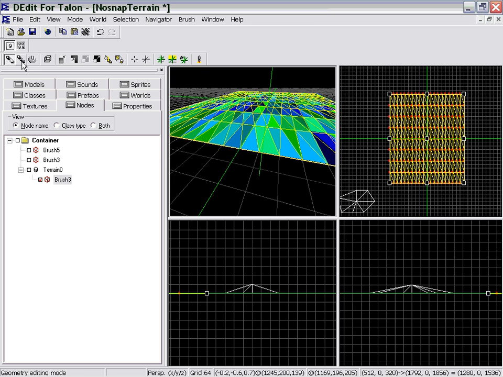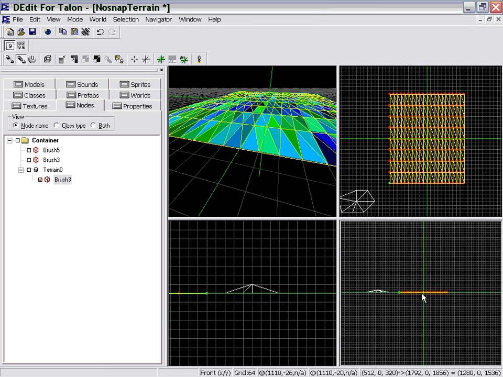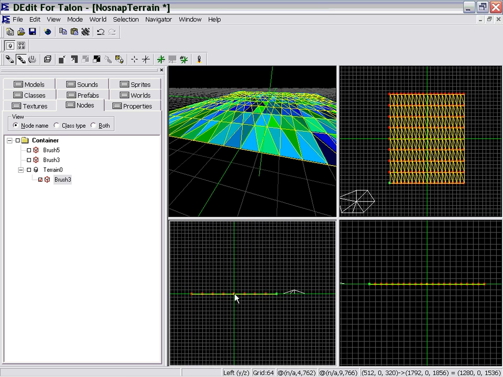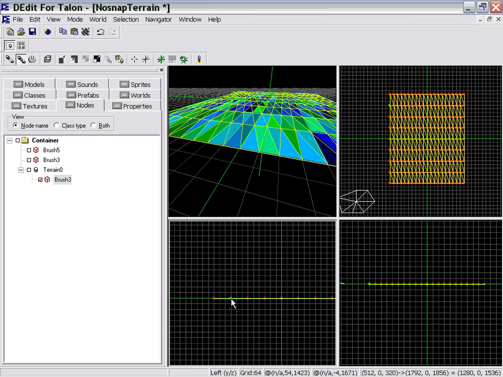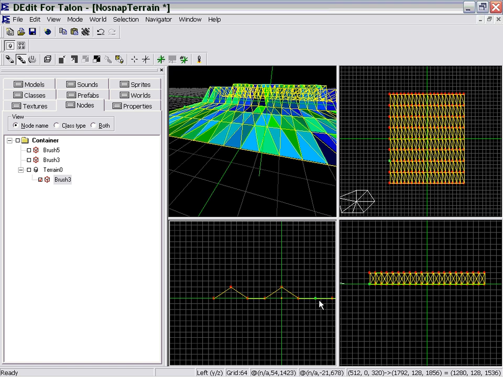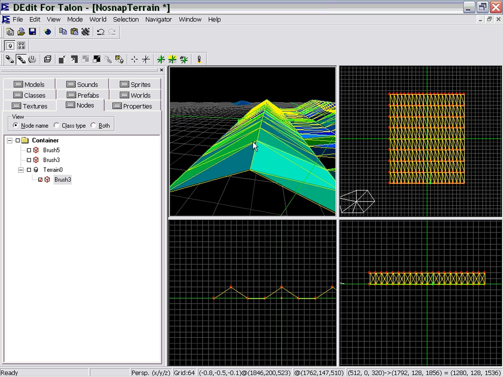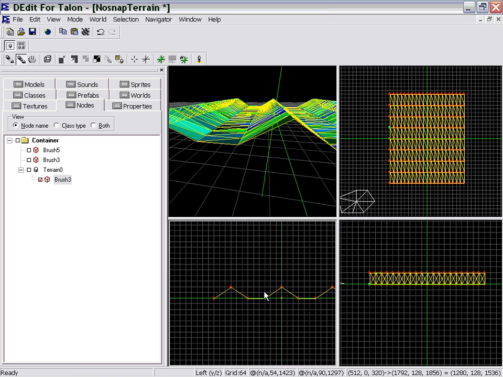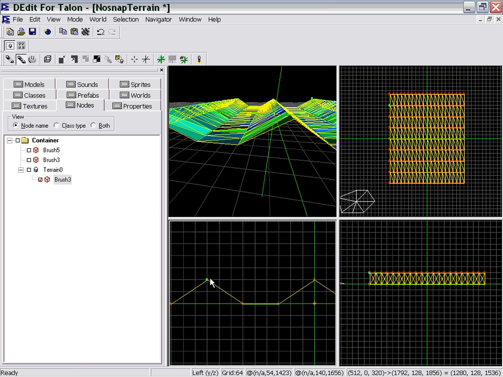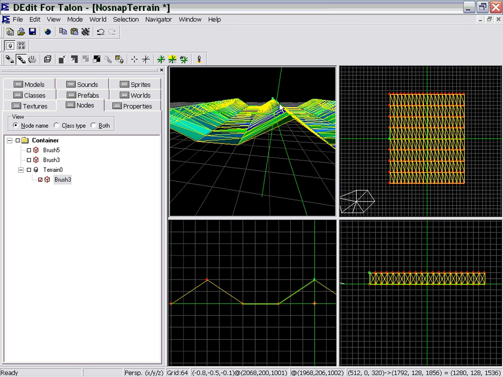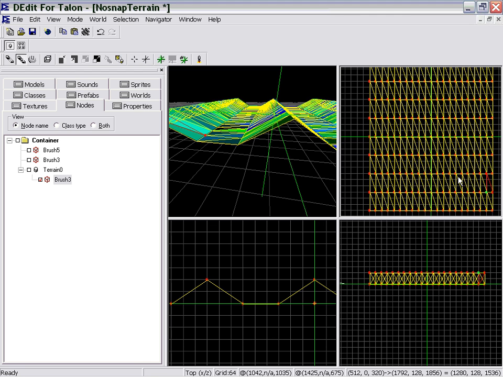After that, go ahead and hit geometry mode. And you have all these points you can view from the side. And you're going to move individual points up and down to make your terrain. Now you can see it looks kind of like that. If you have trouble viewing the points, let's say all of these points are lined up and it's moving this whole line of them, we can go down here,